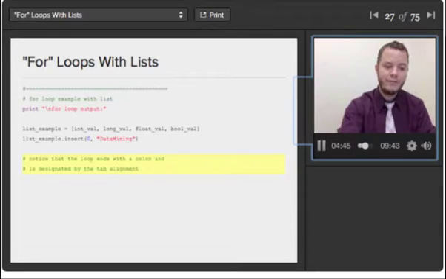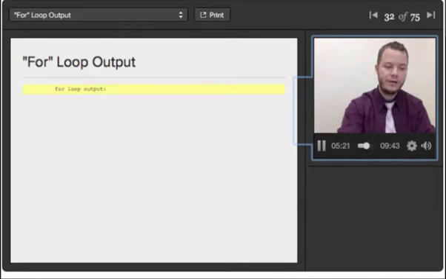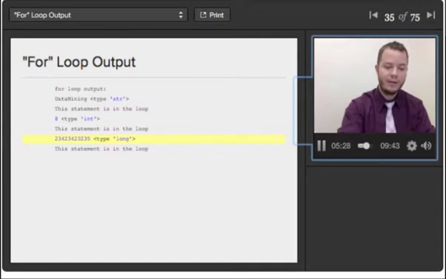So once I have a list, what I can do is print out the values in the list, and the way that I can do that is using a for loop. So for val in list example, I can print out the string equivalent of value and concatenate that with the type that it is. So this is just going to print out a string, which is the value converted to a string, and the type of the variable. If I were to run this code, and I would also print out this statement is in the loop, and print out this statement is outside the loop, what I would get here is data mining of type string, 8 of type int, this value of type long, 2.0 of type float, and true of type bool. And interspersed in between, I would be printing out this statement inside the for loop